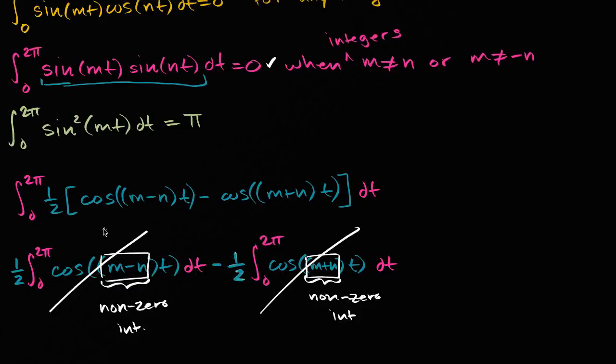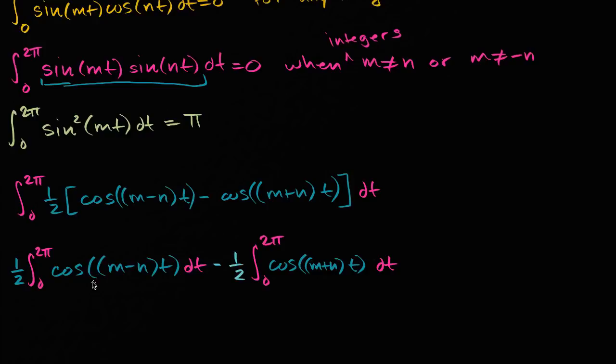Now let's think about the situation where m does equal n. And actually, let me just delete this a little bit so that we have some space to work with. So if we assume, actually, let me keep that part there. So let me keep all of that there. All right. Now, if we assume, in the case of sine squared of mt, if m is equal to n,